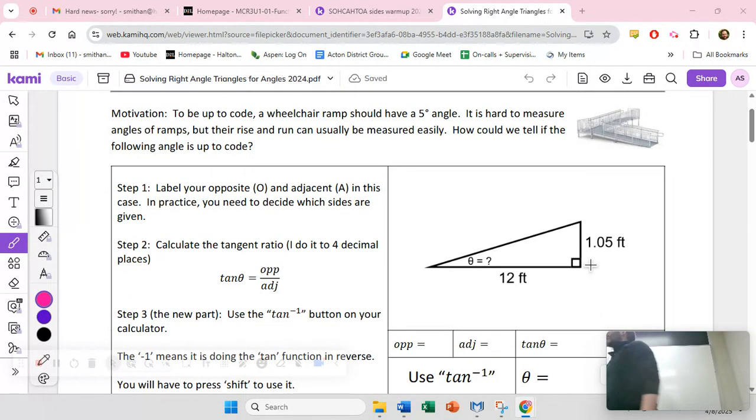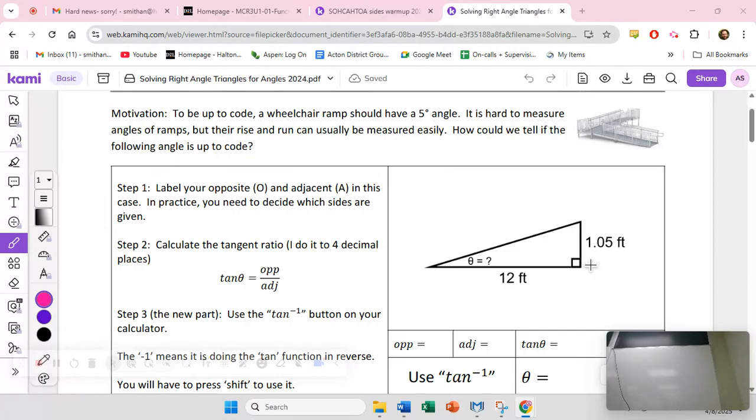All right, here's our motivation problem for today. Yesterday we talked about my friend Ryan, who's a millwright, had to cut a bunch of conveyor belts, needed to make sure that they were the right length. This is a different scenario. Say we're a bylaw inspector for a township or a city, and somebody has just built this wheelchair ramp up to their building, and we've got to make sure that this is up to code. To be an accessible wheelchair ramp up to code, the max it should have is a 5-degree